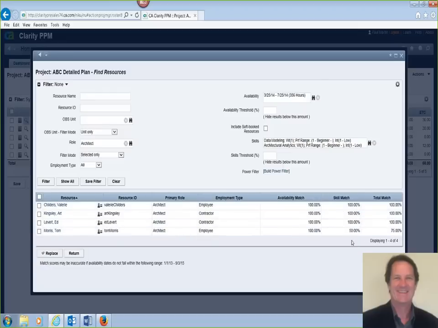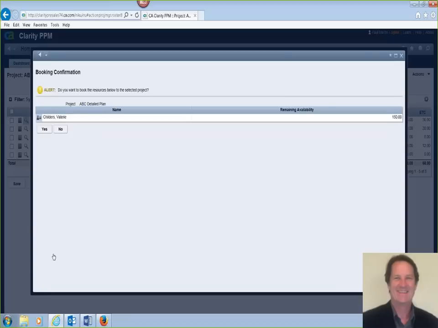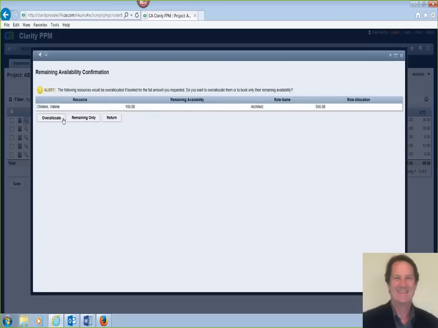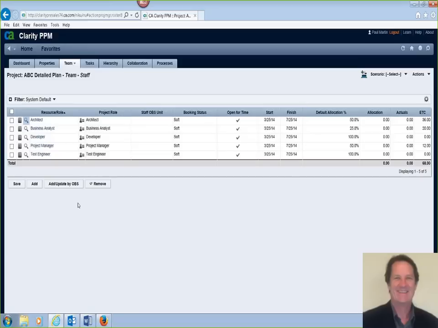So this is where you'll find people who both are a good match for the position and have the availability to do the work. So we'll go ahead and choose one of these architects and put them onto the project and confirm it, and put them on the project page.